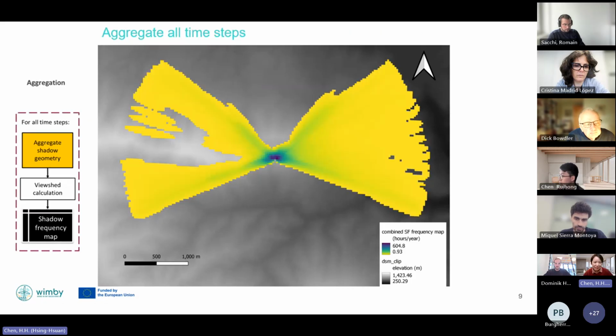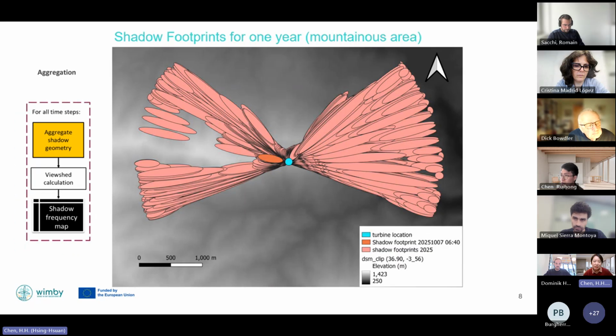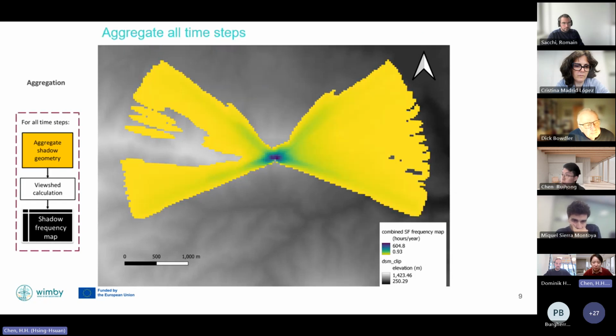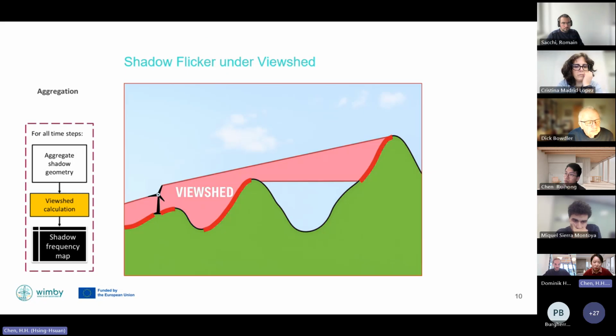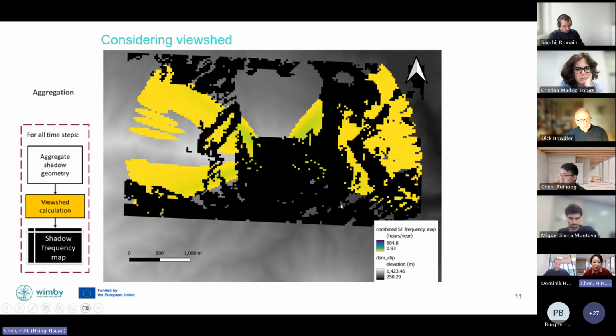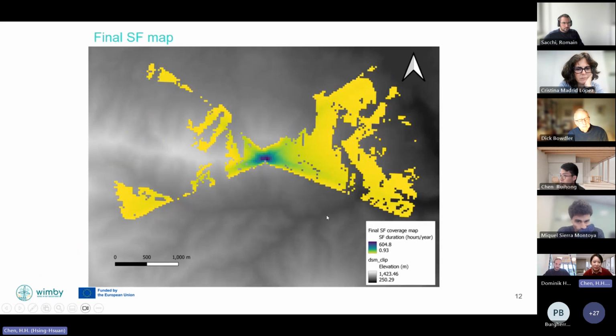Next we can aggregate all these time steps, because one time step means a certain period of coverage, and we can aggregate this into a frequency map shown in hours per year. Next, we also consider the viewshed impact, because imagine if you are in this hilly area, then you won't be influenced by the shadow flicker impact anymore. So we just exclude this area by using the viewshed tool here, and then we have this final shadow